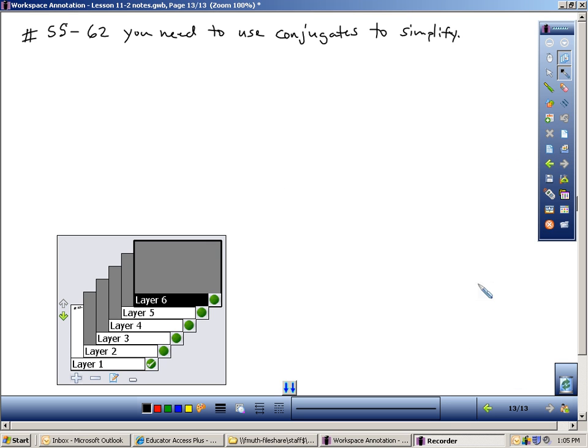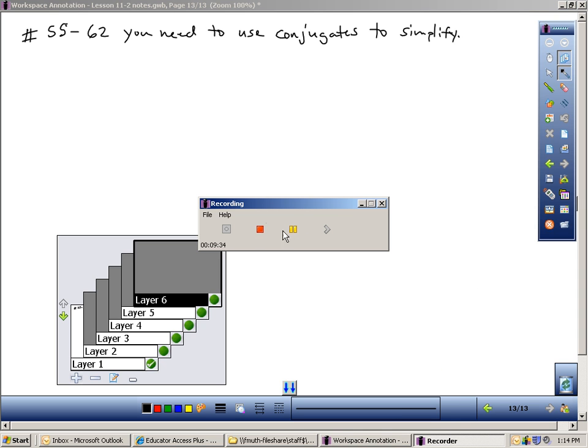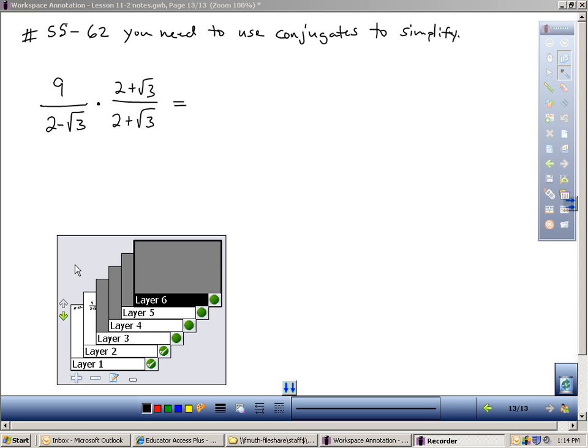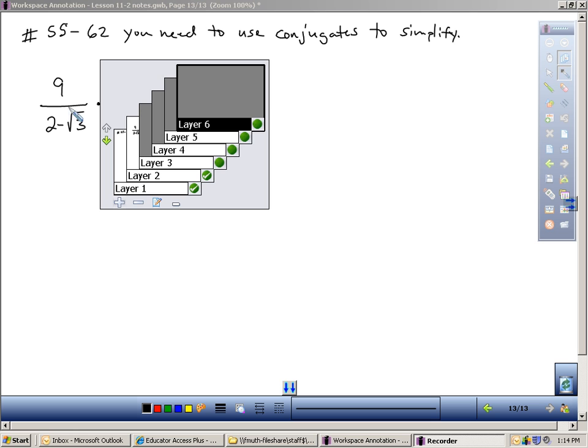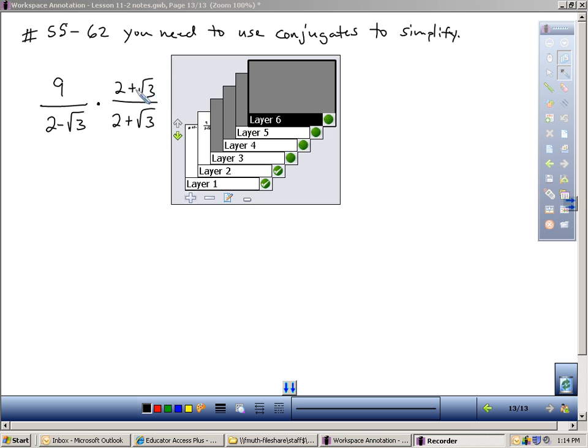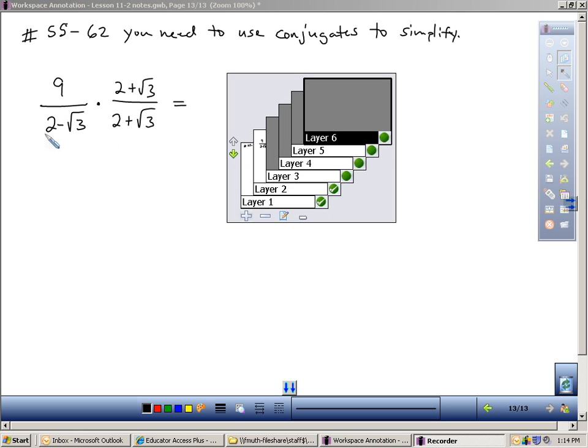And I have one more example to quickly walk through. This video is close to 10 minutes here, so I don't want to make it too much longer. In numbers 55 to 62 in your homework, you need to use what's called conjugates to simplify this. And a conjugate means that we have in the denominator a radical as part of a binomial. And to get rid of that radical in the binomial, a conjugate is when you add that exact same binomial,